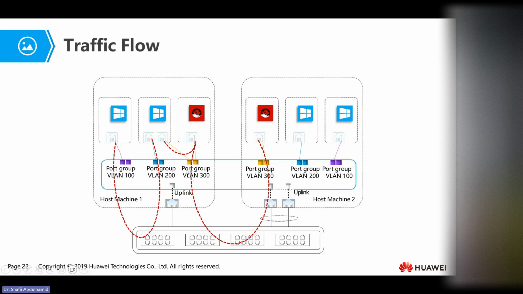It goes through the NIC, okay, to the virtual NIC, to the physical NIC, to the physical switch, and then to the physical NIC on the host machine, to the virtual NIC, to another virtual NIC on the virtual switch, and then to another virtual NIC in the virtual machine before it gets received by the guest operating system, which is the Red Hat.